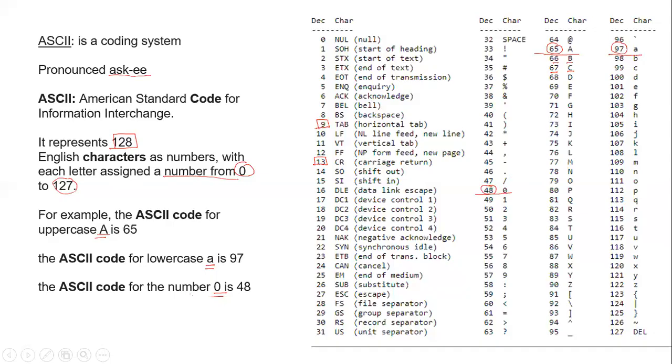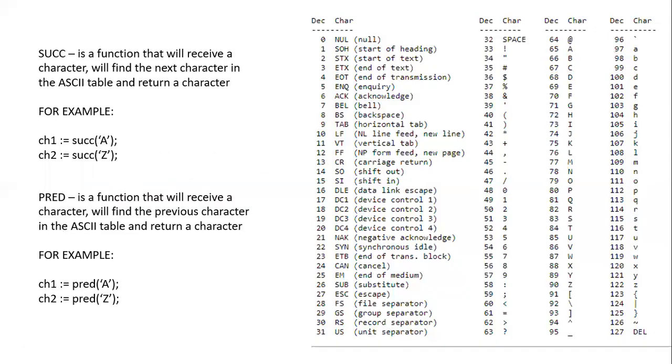Let's try to apply this in some of our examples. So let's look at the predefined function SUCC. This is successor. It is a function that will receive a character, find the next character in the ASCII table, and return it as a